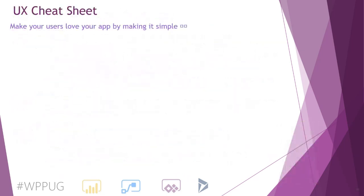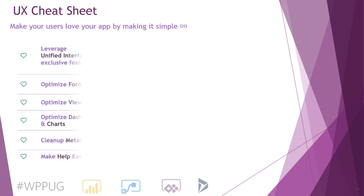From a user experience cheat sheet perspective, try to leverage the latest and greatest of the unified interface. Optimize your forms, your views, your dashboards, just so that they can work better with the current state of your business. Clean up the metadata. So if you have elements that you don't need, consider either deleting them or at least hiding them from the search capabilities, so they're not in anyone's face all the time when they're not relevant, and leverage the latest help capabilities that come with the user interface to improve